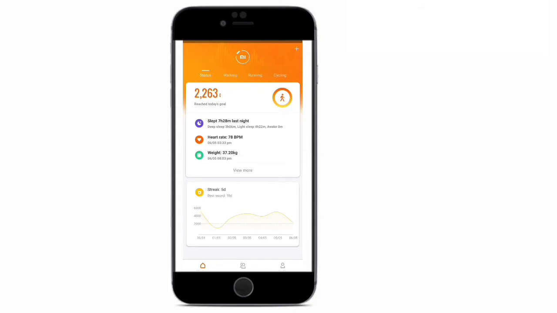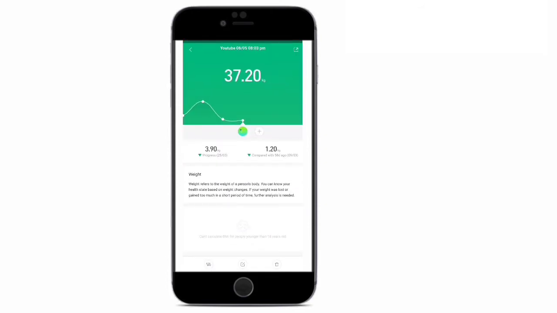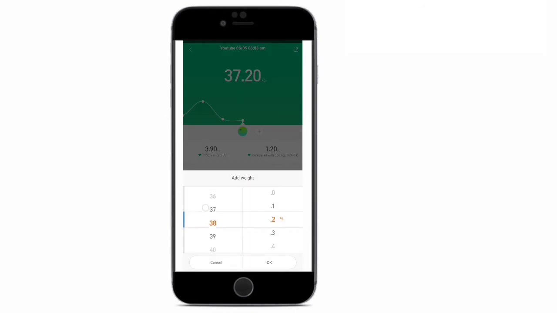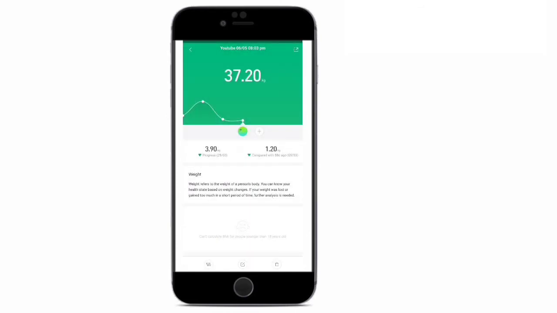To set up the weight in the app, you just need to click on the weight option, click on add weight, and set up your weight. And then, as you know, it calculates your calories burned. It will even calculate how much weight you have increased or decreased according to the calories you have burned. And guys, if your age is above 18, you can even calculate your BMI. Yes guys, you heard it right, you can even calculate your BMI through this app.